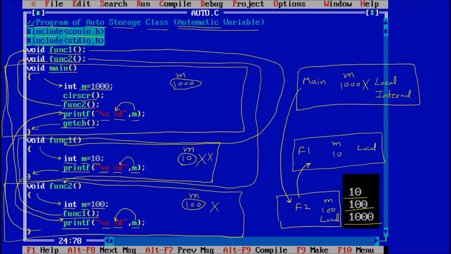Any variable we define, like int m equal to 1000 inside main, or int m equal to 10 inside function1, or int m equal to 100 inside function2, they are all automatic variables. So any variable declared inside a function is called an automatic variable by default. So this is the program of the storage class automatic variable.